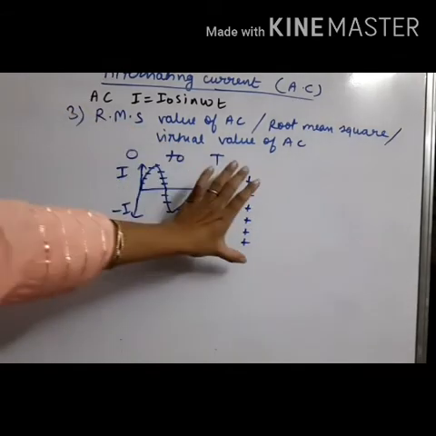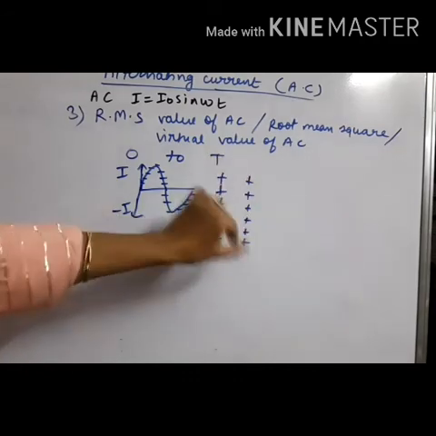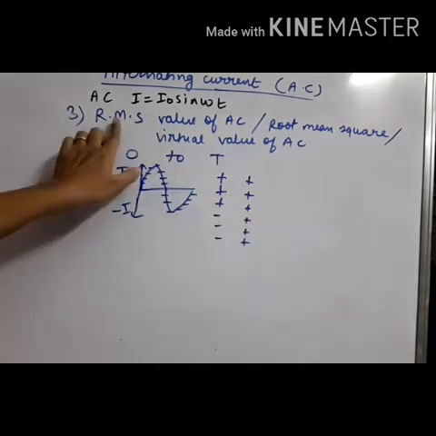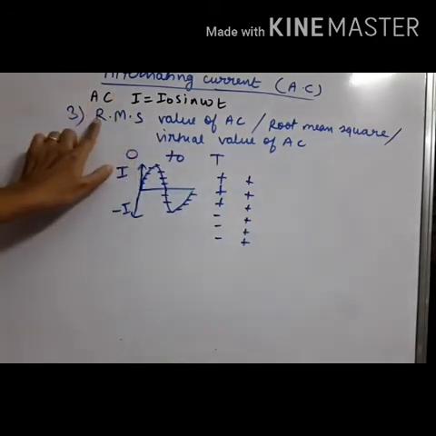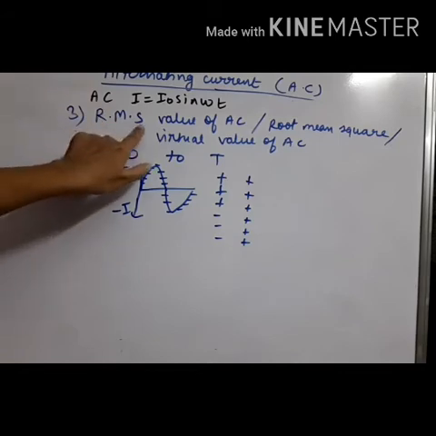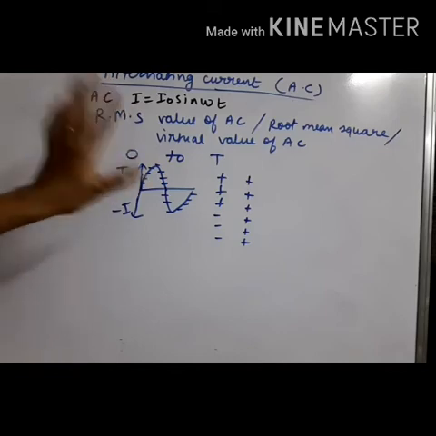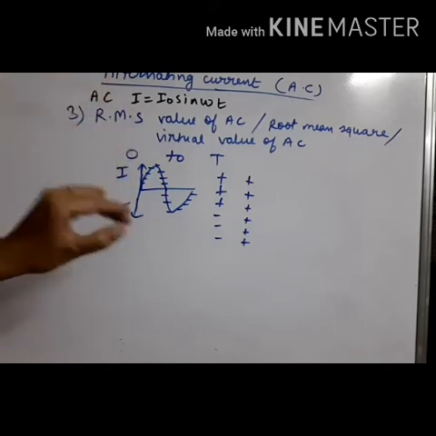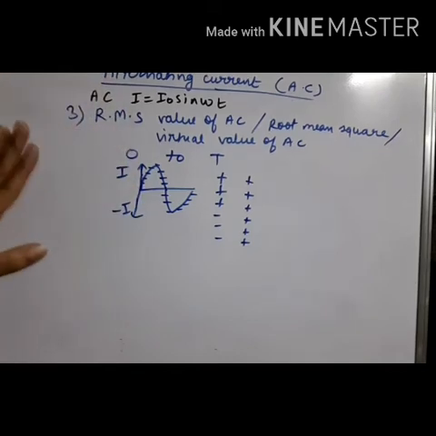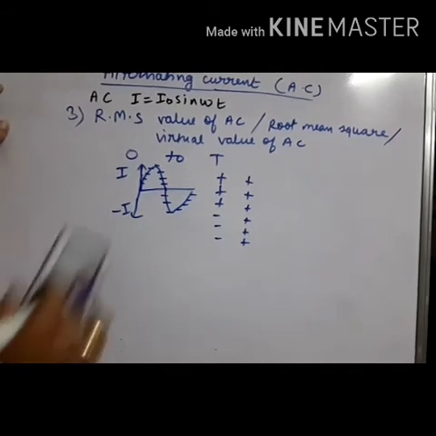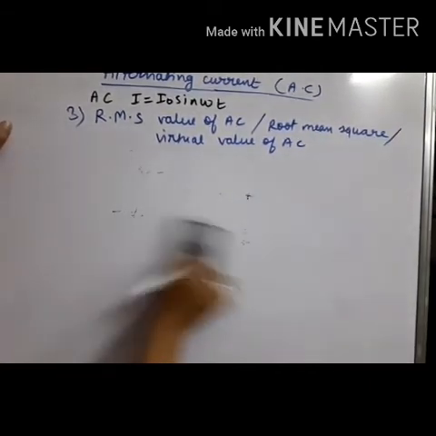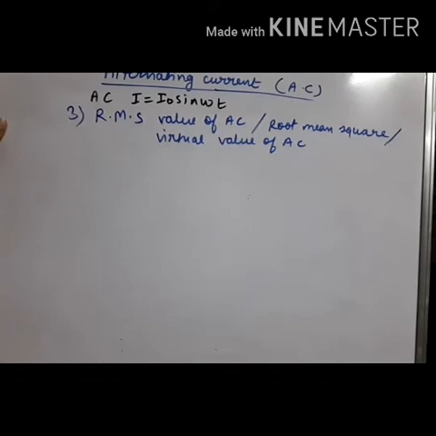Okay, first of all take the square, then take out the mean. Now take out the mean and after that again take the square root, so that the effect of the initial squaring is cancelled. So this is the method with which our answer will not come 0 for the full time interval. So now let us start calculating the RMS current for the 0 to T interval.